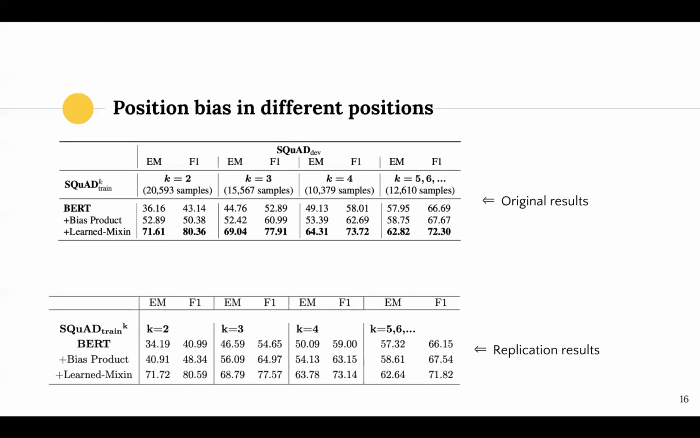In the third part of the experiment, they construct 4 squad train datasets based on sentence position of answers for k equals 2, 3, 4, and greater than 4. We did the experiments for simple BERT, bias product, and learned mixing, and evaluated on squad development set. As seen from the tables, BERT model suffers from position bias in every sentence position, while the learned mixing method